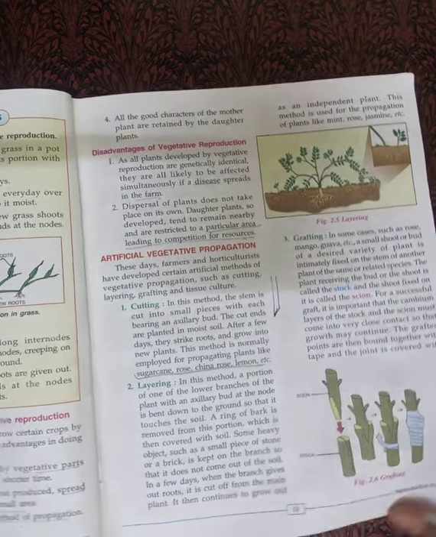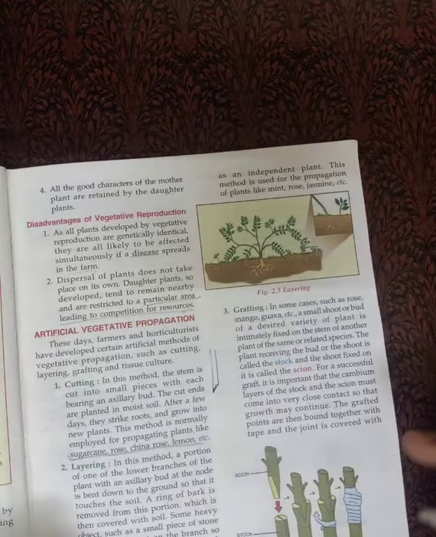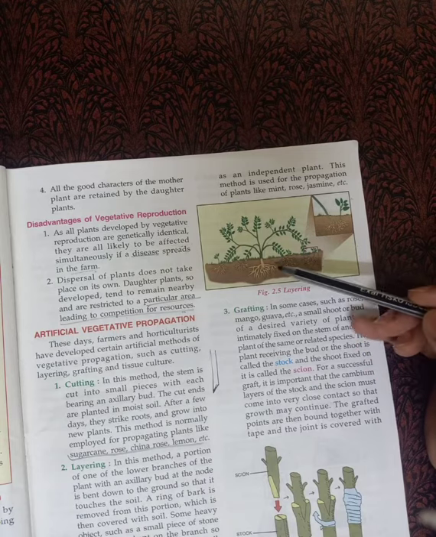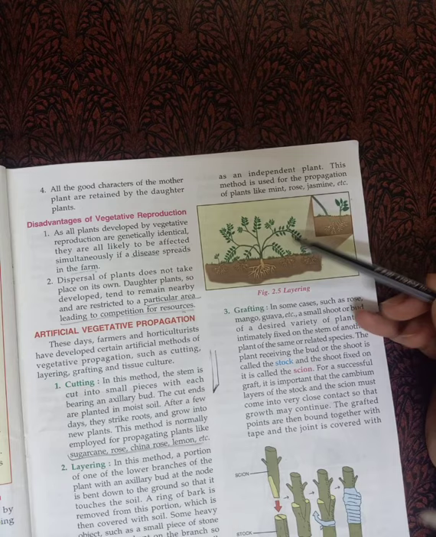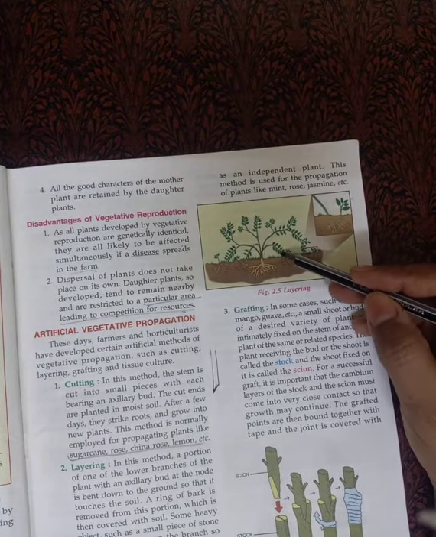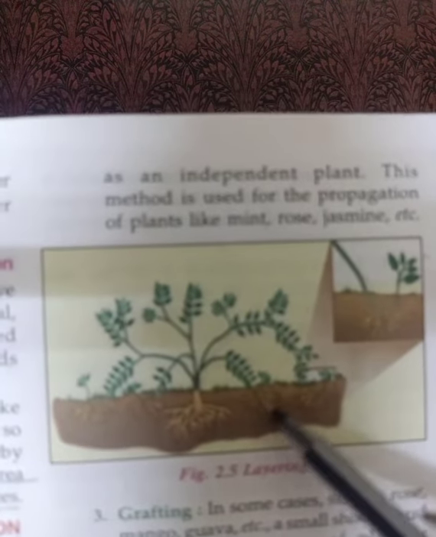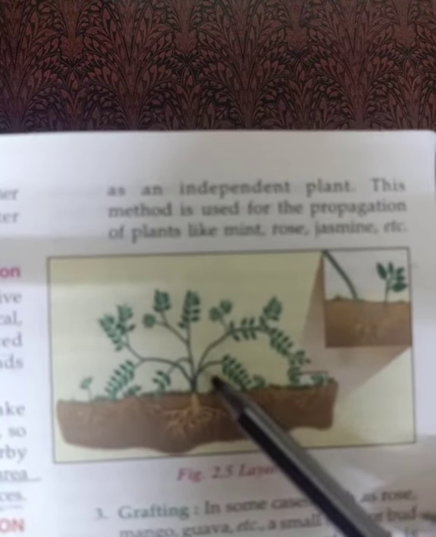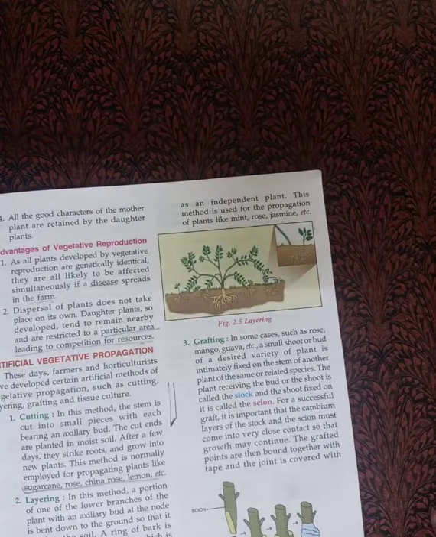Now next is layering. Layering, as you can see in this picture as well as in this picture, is like grass, the same way it grows, the same way we do layering. Suppose the plant is growing and the stem is weak, it keeps coming down again and again. So we take a stem and put it inside the soil. This simple stem will grow and develop roots. Then again one more branch we can put inside the soil. From all the sides we can put those stems inside the soil.